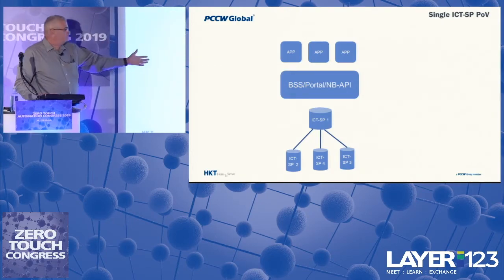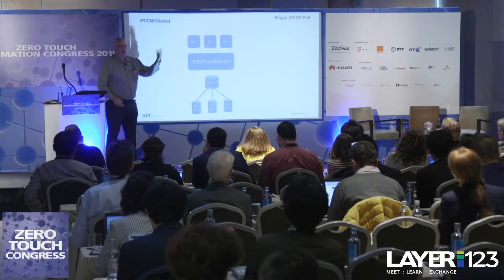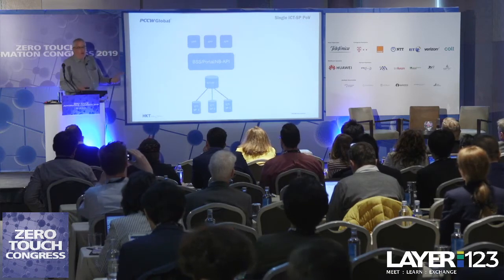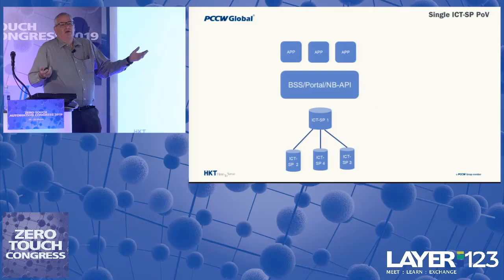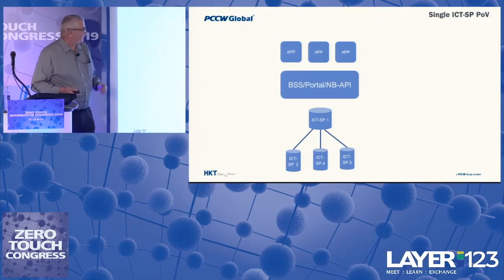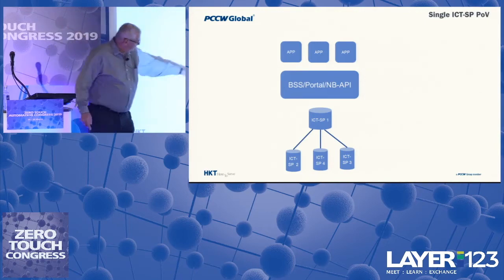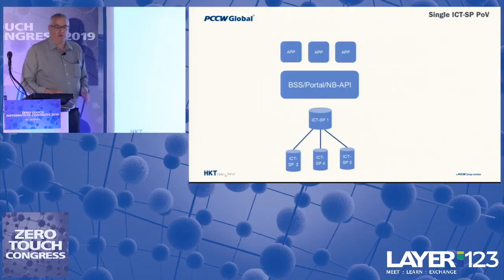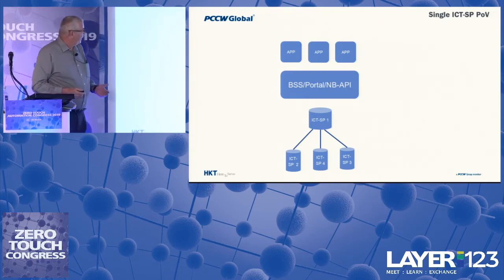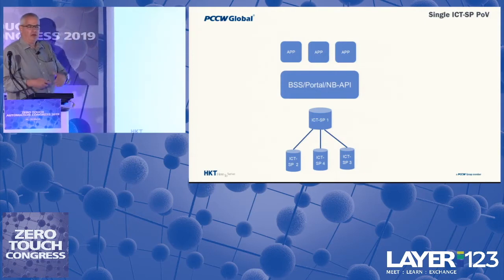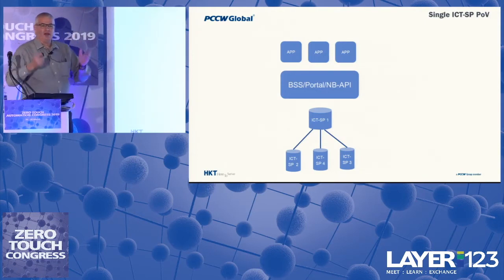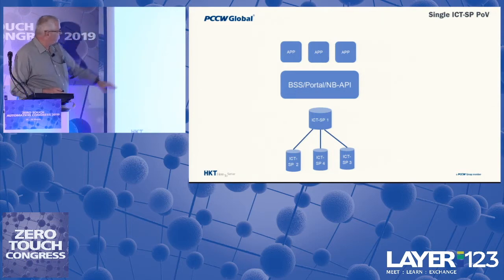Okay, so this is how we operate today, right? We have our BSS portal where we sell services to a customer. It could be, in an automatic fashion, a portal or a northbound API, or a salesperson going and knocking on a customer's door and trying to sell services. In order to deliver the services, we have our own network, and sometimes we complement that with a few other carriers with which we reach specific agreements. And at PCCW Global, we have about 180 of those. And then we sell applications, we sell a solution to customers: connectivity, compute, video conferencing, storage, security, everything on our own network.